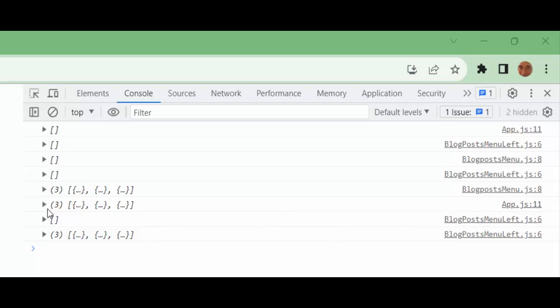And here it shows in app, it is 11 rows. There are 3 posts in the array coming, but blog post menu left is empty, while app is full, and the child is empty because blog post menu and app go asynchronous, and the React application didn't wait for the asynchronous process to finish. No, it goes ahead and